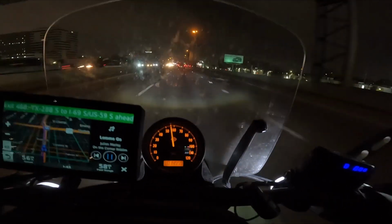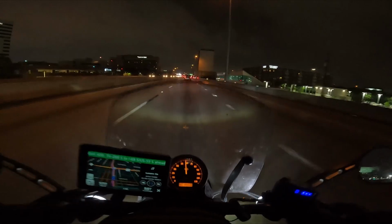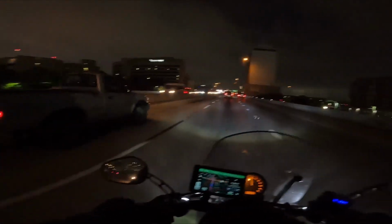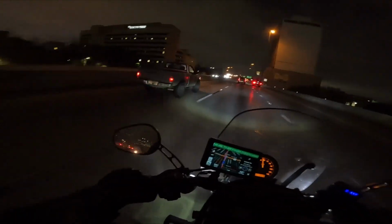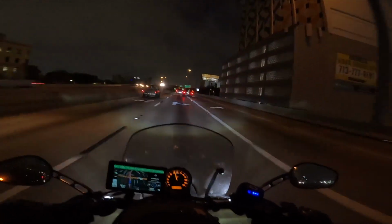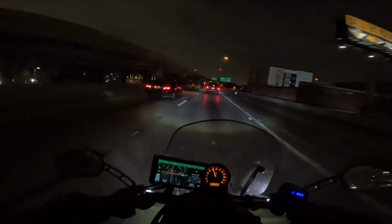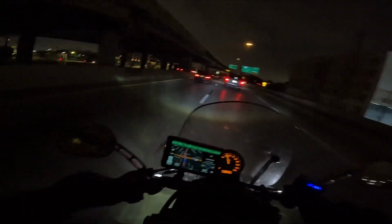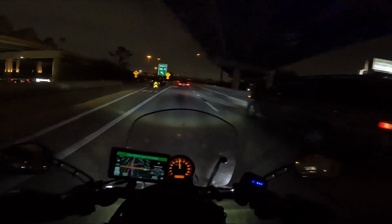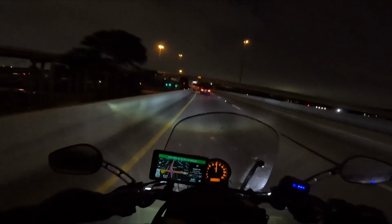Just for the record, I'm going to flip 15,000 miles on this ride today. Super stoked about that. I still need to look up the recommended service for 15,000 miles to see if I'm going to do it, or if I'm going to use my last free or prepaid service at Harley for it. We'll see what that says. I still need to do that. But other than that,